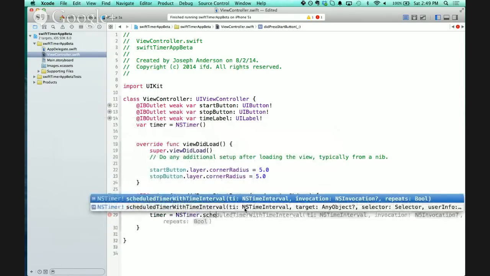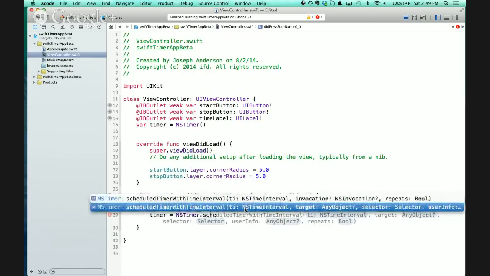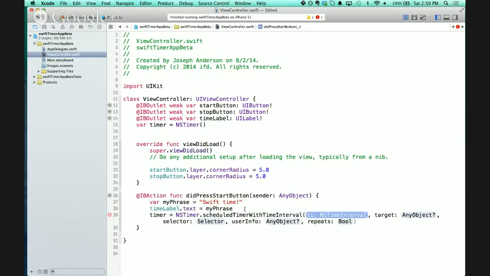So see how it starts to autocomplete. Right when I type in scheduled, you want to select the second option. So you just press down and then tab. Tab. So for time interval, the NSTimer is asking for an input. It's asking us, during what interval do you want me to run? And we're just going to put 1.0 for 1 second. So every 1 second I want this timer to run